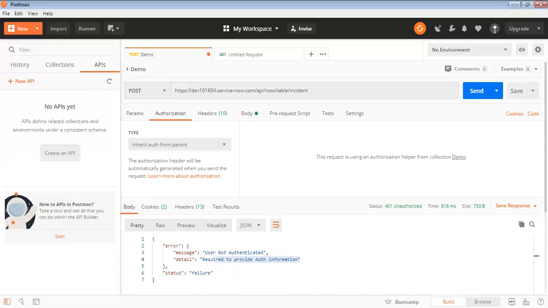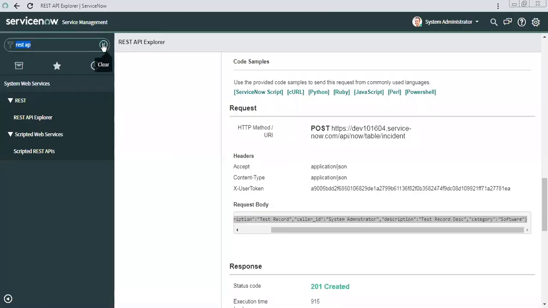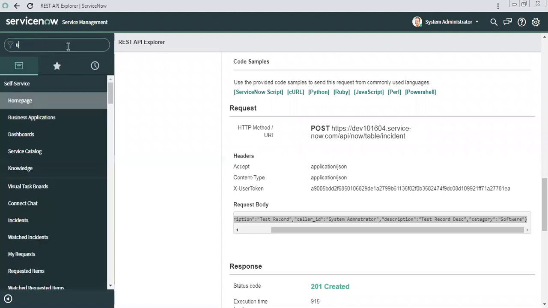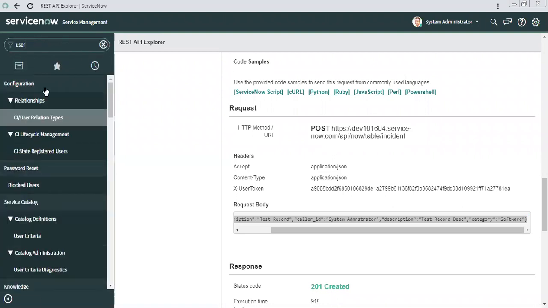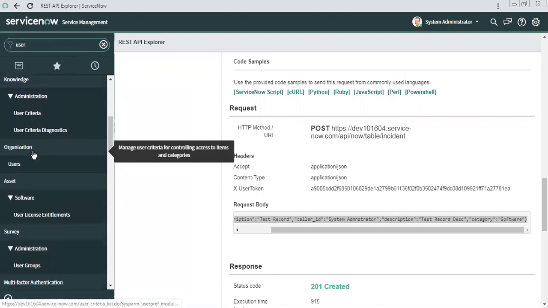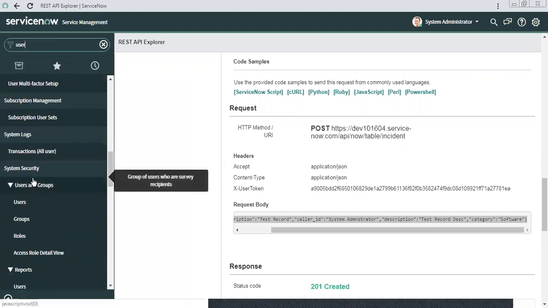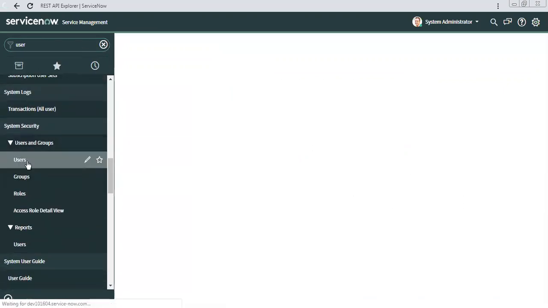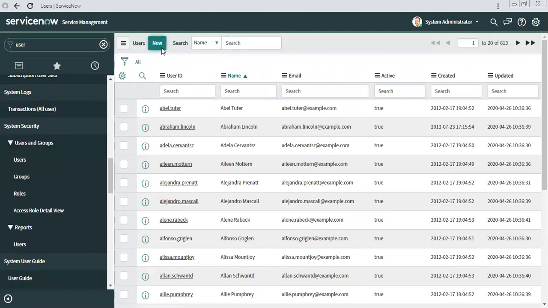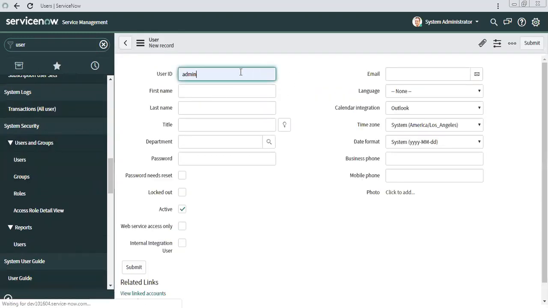For that, we need to create a user in ServiceNow so that we can authenticate. So we need to go to the user table and create a user here.